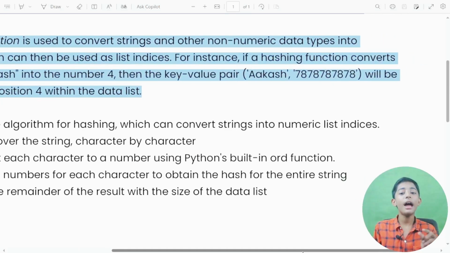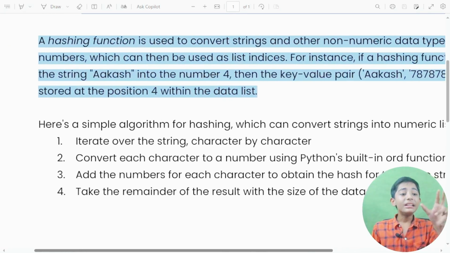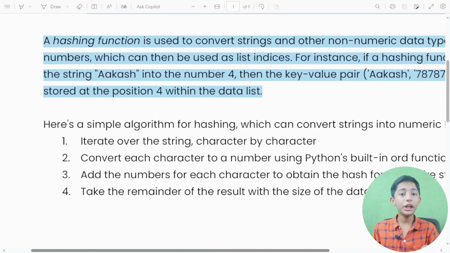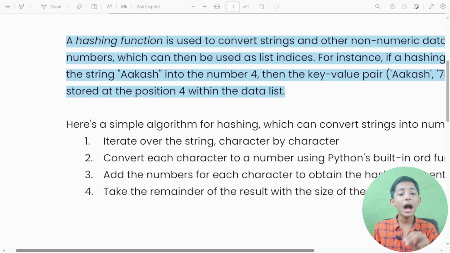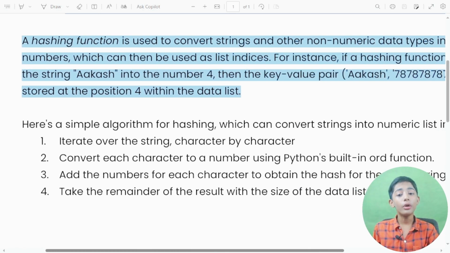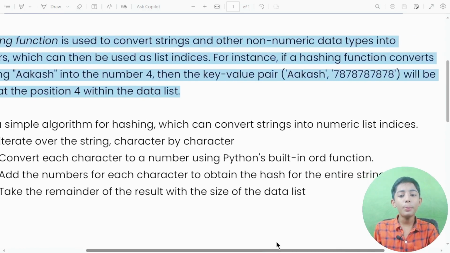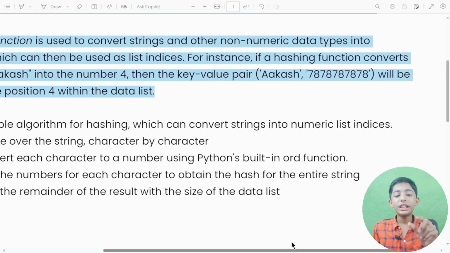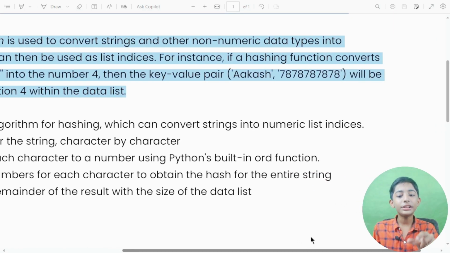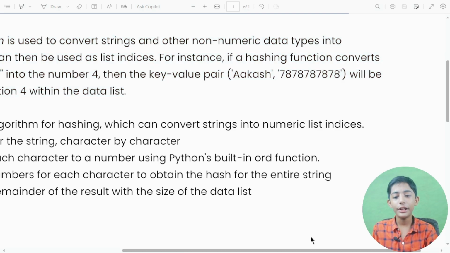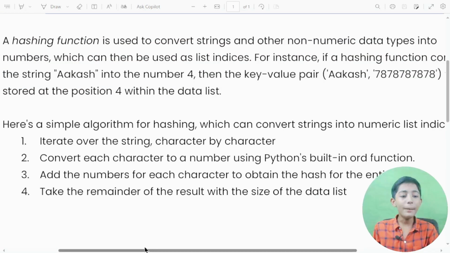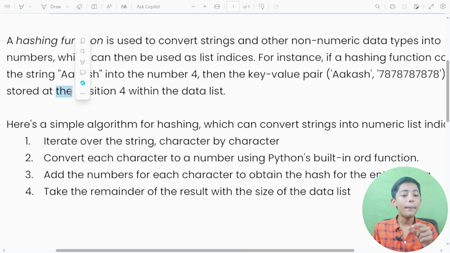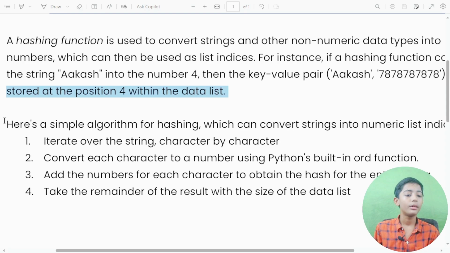For instance, if a hashing function converts the string Akash into the number 4, then the key-value pair 'Akash', '7878787878' will be stored at position 4 within the data list.